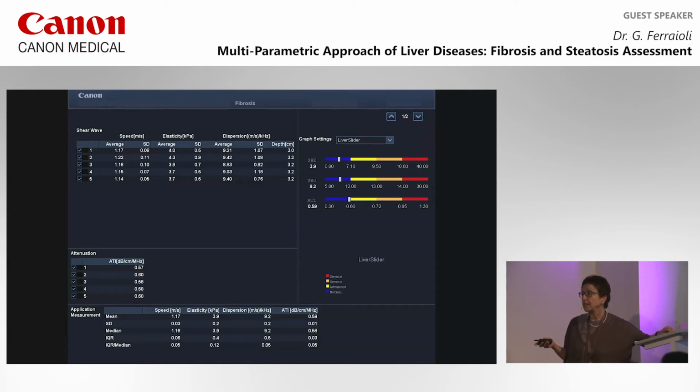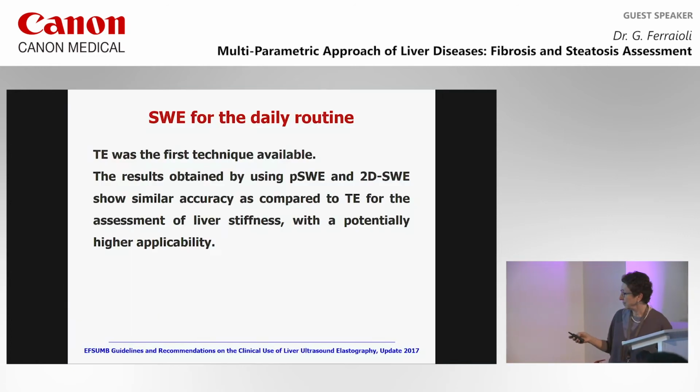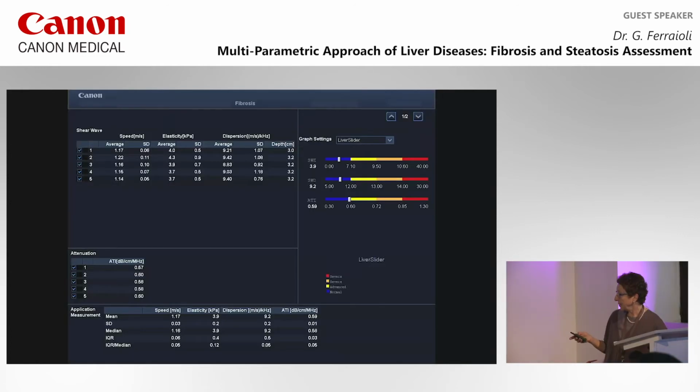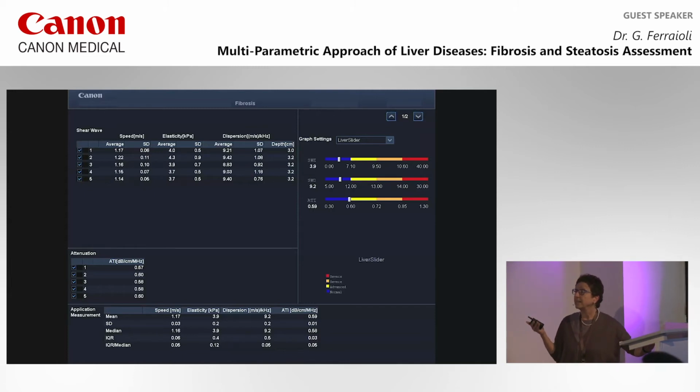And the World Federation guidelines have recommended for the speed a quality factor up to 15%, or 0.15. And here you can see also a visual assessment of both the shear wave, the dispersion,